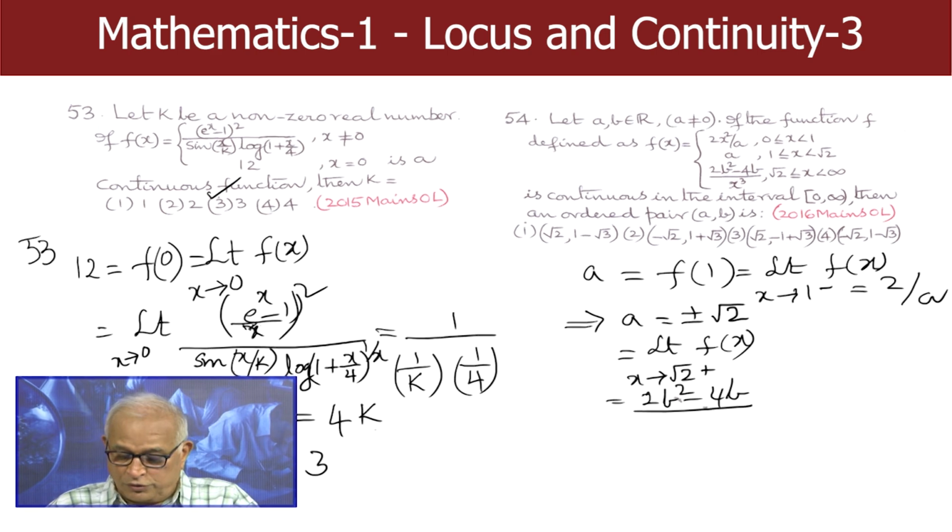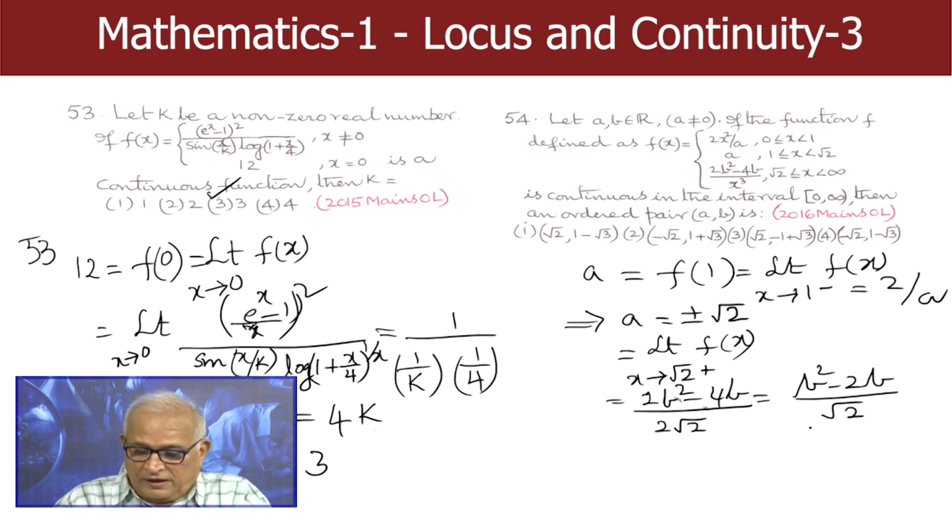That means x cubed is 2√2, or b square minus 2b by √2. So let us see what happens if a equal to √2. b square minus 2b